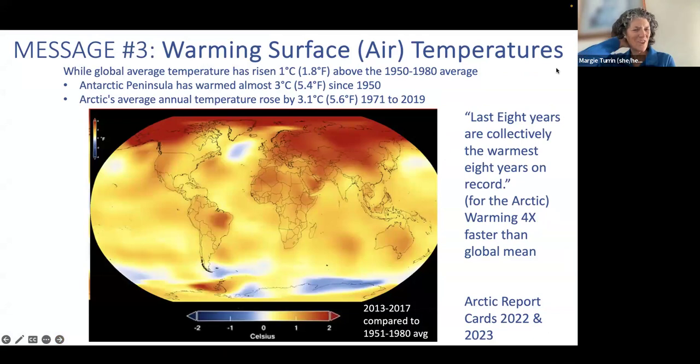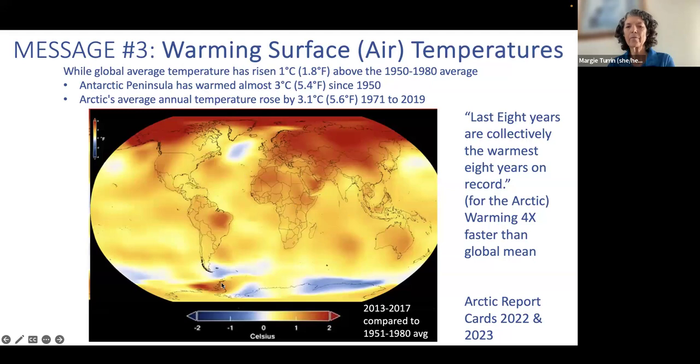Okay, our third message is going to be this warming surface or air temperature. And this is where you're really seeing significant changes. This is that polar amplification that I mentioned early on. We're seeing that the Arctic is warming 4 times faster than the rest of the globe, and it's very evident in any kind of imagery that you can pull. You can see how the mid latitudes are seeing warming, but 0 would be like the white areas. Everybody's seeing warming, but we're way up here in terms of degrees Celsius in the Arctic,